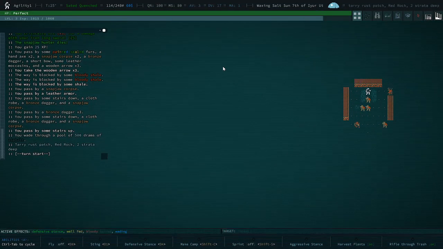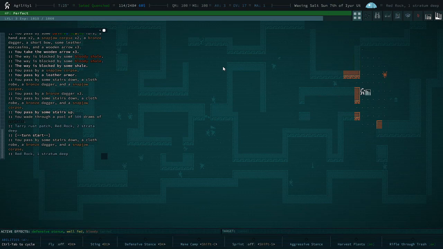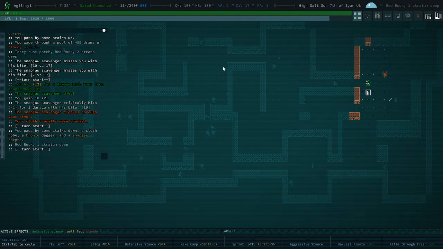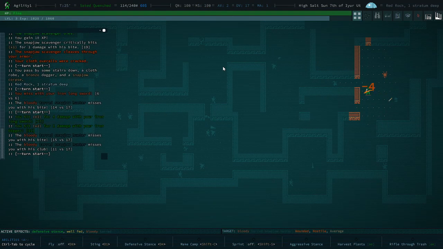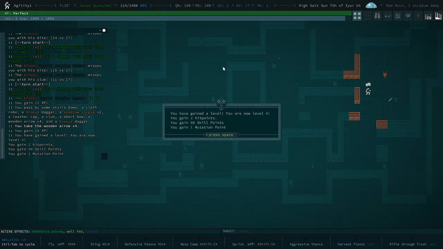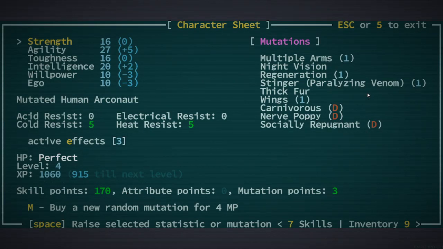I'll be going down. Tons of snapjaws. A thing that I could do is also go back up and have them follow me. Sometimes they won't, sometimes they will. Yeah, it's better to have them come to me, because there were a lot and they could have surrounded me. I've killed one that was downstairs while pressing plus to go down, so basically it gave us enough experience to